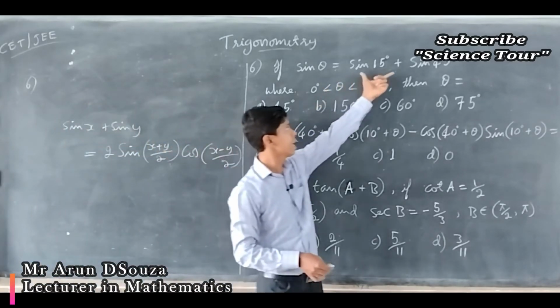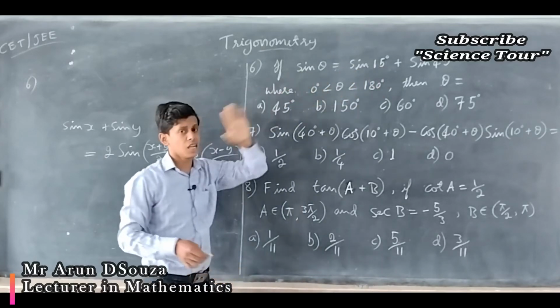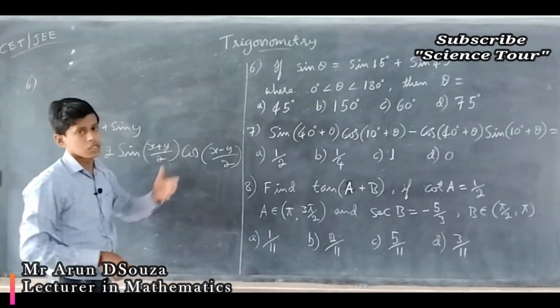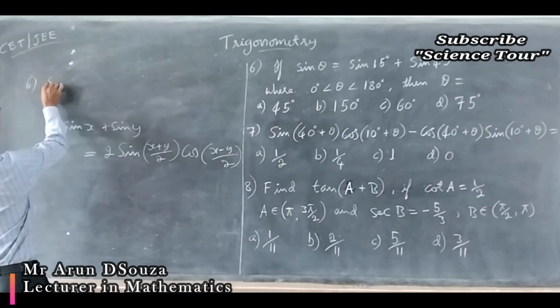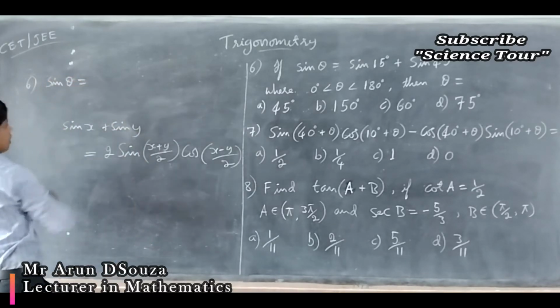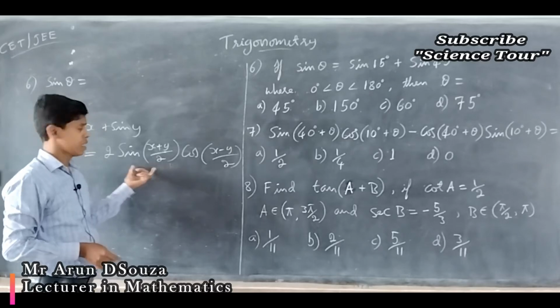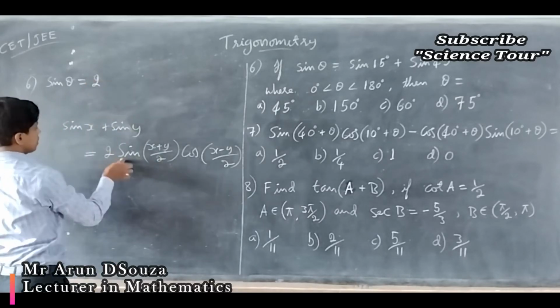On the right hand side of the given expression, the left hand side does not change. What change can you make? Nothing. So keep it that way. So this is sin theta, and I'll use the formula directly. So 2 and then sine